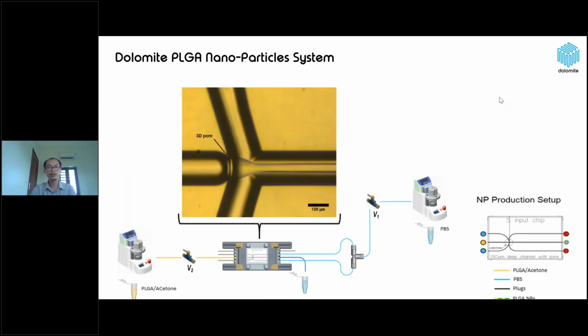Here, showing the system setup for PLGA nanoparticles. We have a similar setup to the microparticles PLGA. We are using two pressure pumps for pumping the interface and continuous phase into the microfluidic chip. In this case, we use a 5-input microfluidic chip to make a flow focusing stream inside the chip